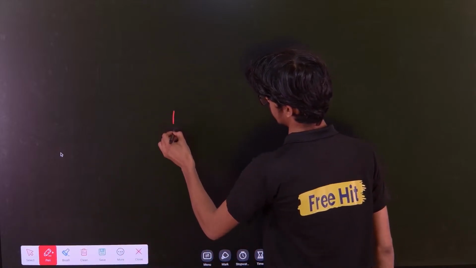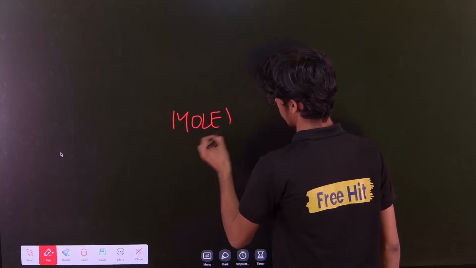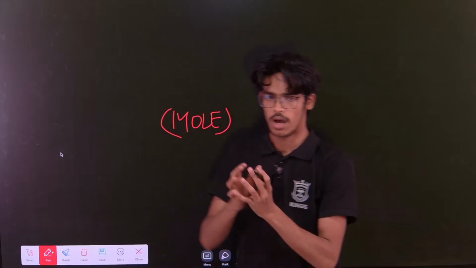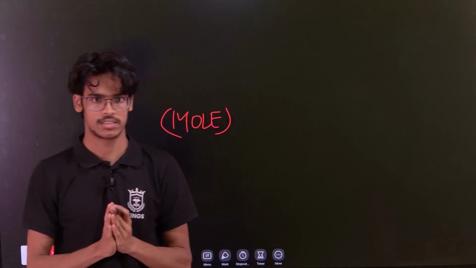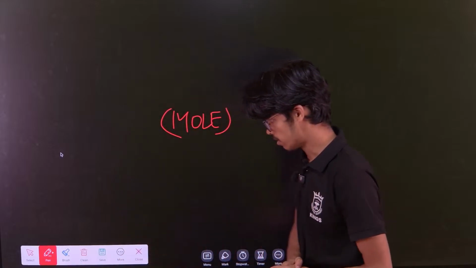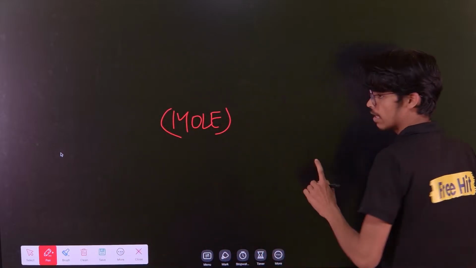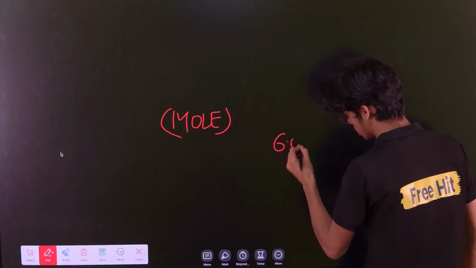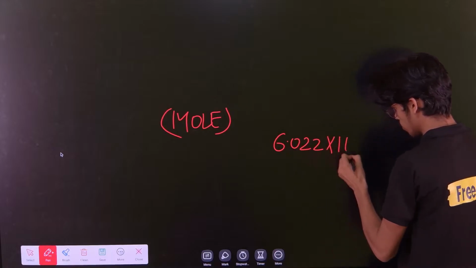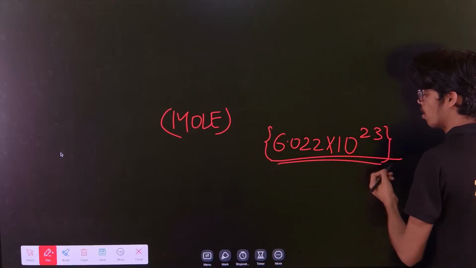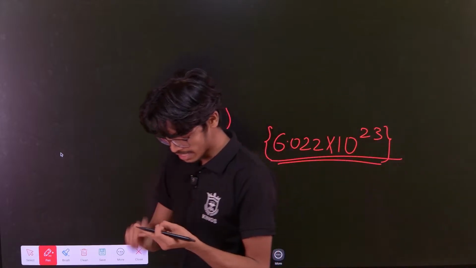Can you guys tell me, if somebody is in the comment section, what is a mole? See, a mole is like a collection of particles, a definite number of particles. For example, if you have any compound or element and you have 6.022 into 10 to the power 23 particles,